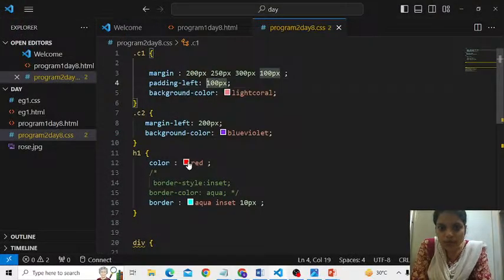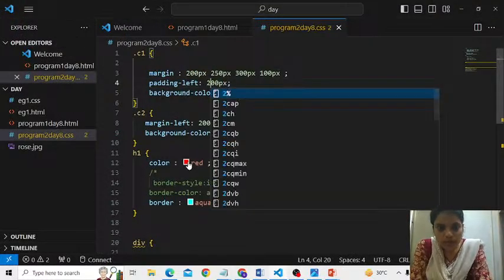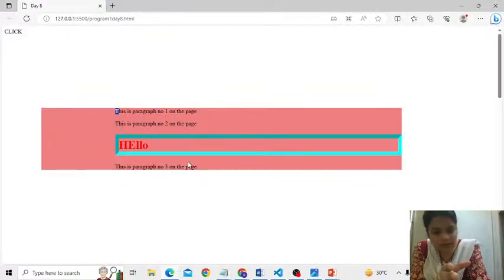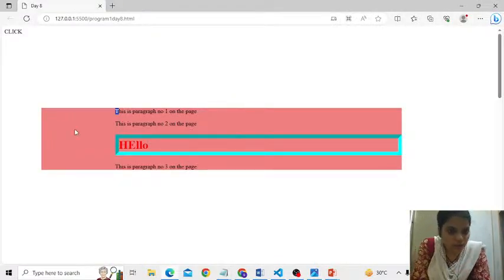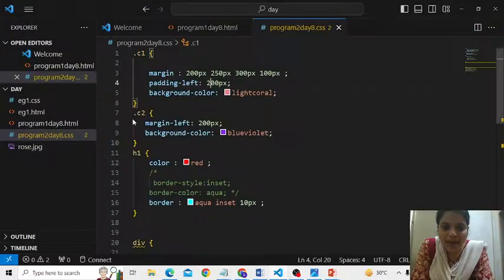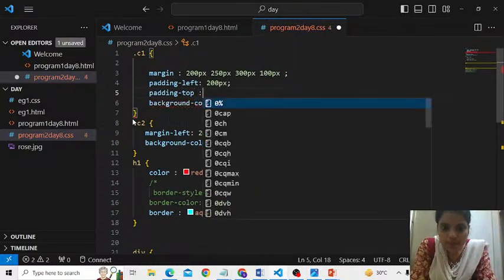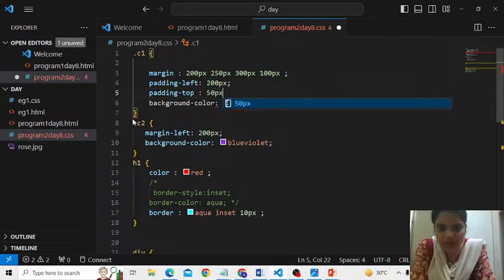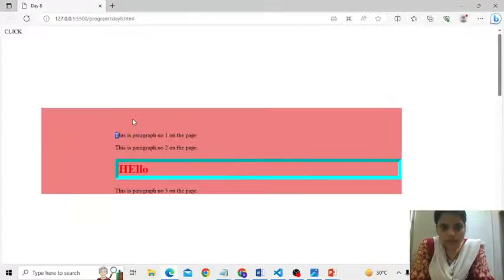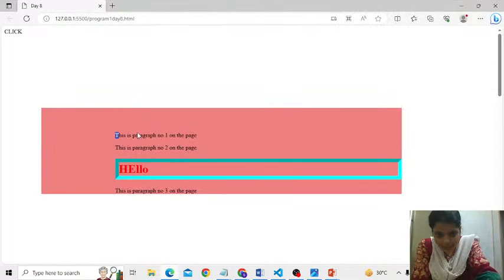200 लिख दिया तो, are you understanding? Fine. So this is not, check it out, this 200 pixel is not from the margin, this is within the block, correct? So if I write padding top, क्या होगा जरा बताइए, padding top लिखा तो कैसे जाएगा? Padding top say 50 पिक्सल, तो ऊपर से 50 पिक्सल छोड़कर आए,